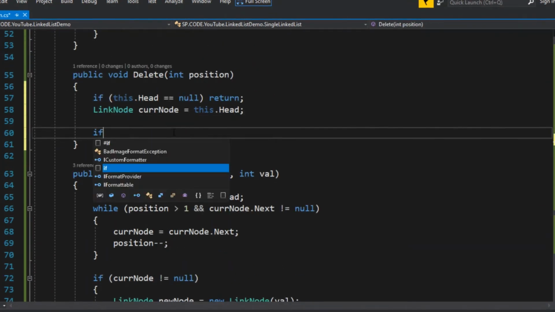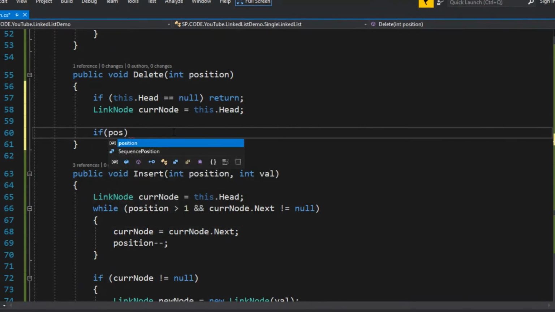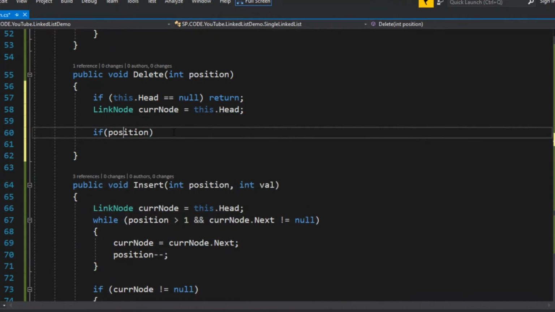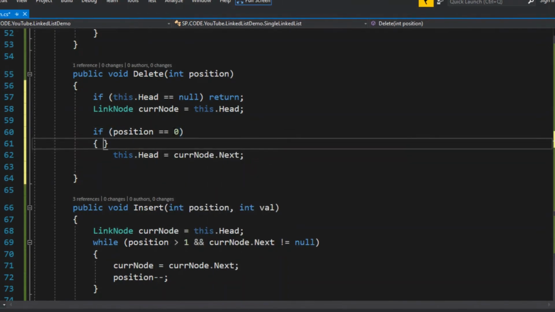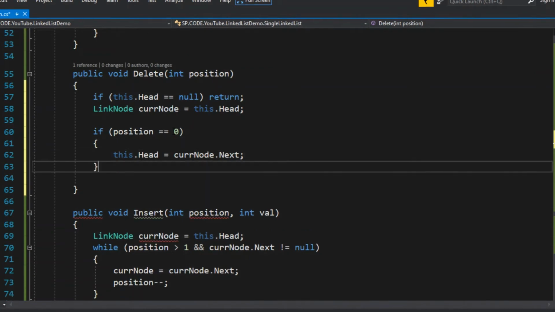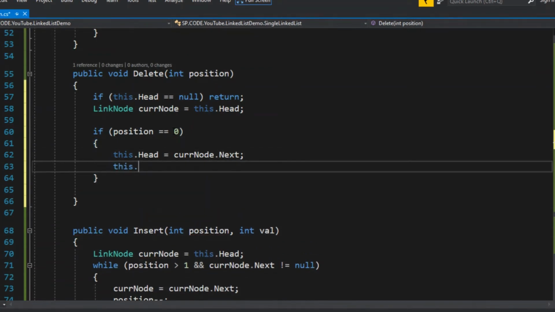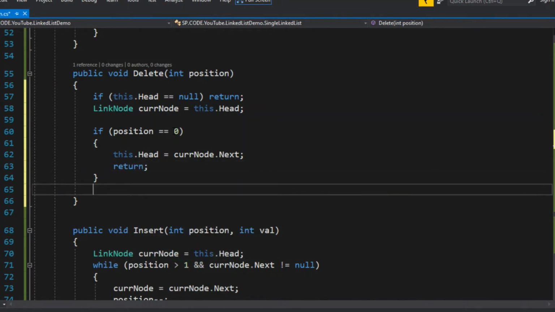But if your position is, suppose, 0, and it is asking to delete the head, it's pretty simple. We just need to do this dot head equal to current node dot next, and once you have done that, we can return from this.